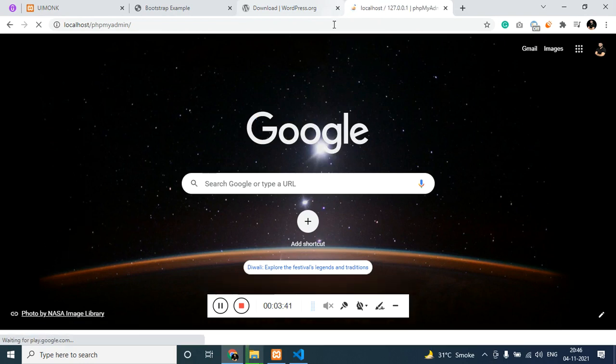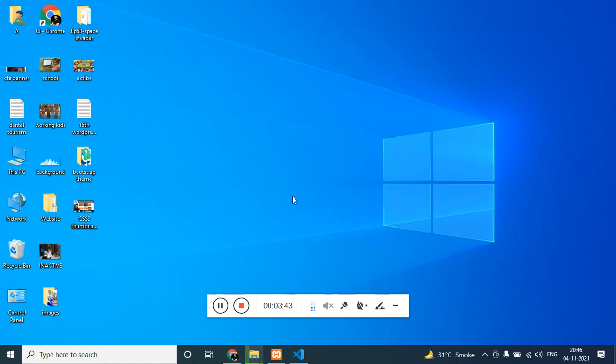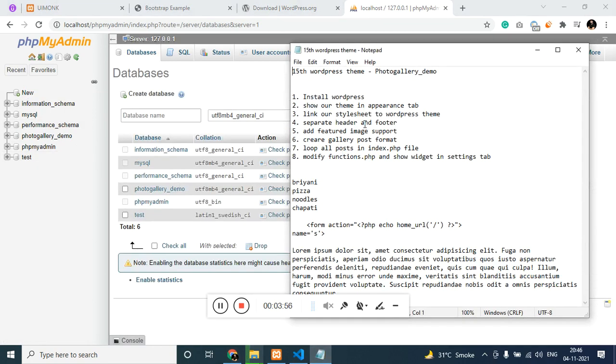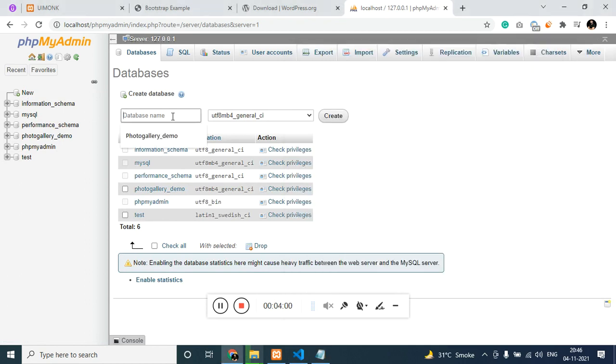Over there we have to create a database. I'm just finding what name I'm about to give. So click on new. We can give the name as photo gallery. I'm giving the database name, and click on create.